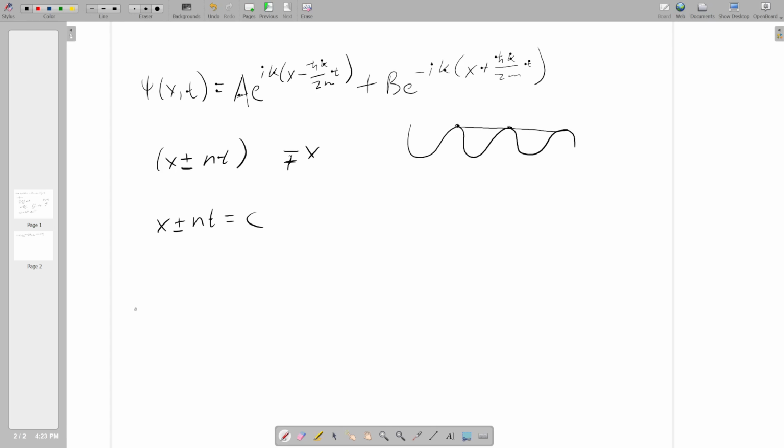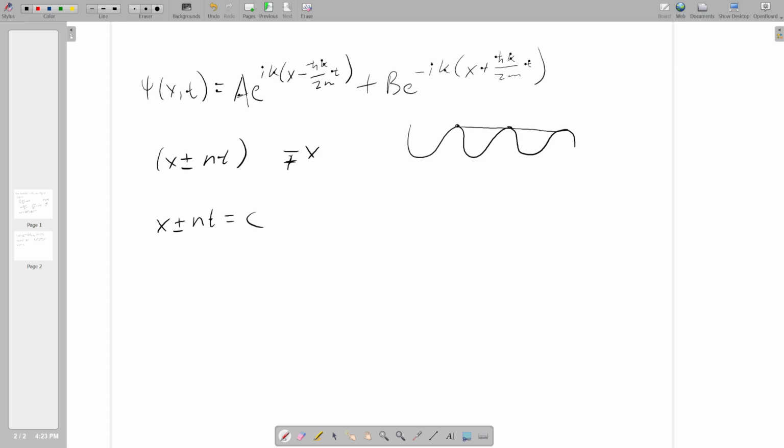This is a constant, and for the case of sine, that value is 1. And since our wave has uniform velocity, meaning that the shape doesn't change,